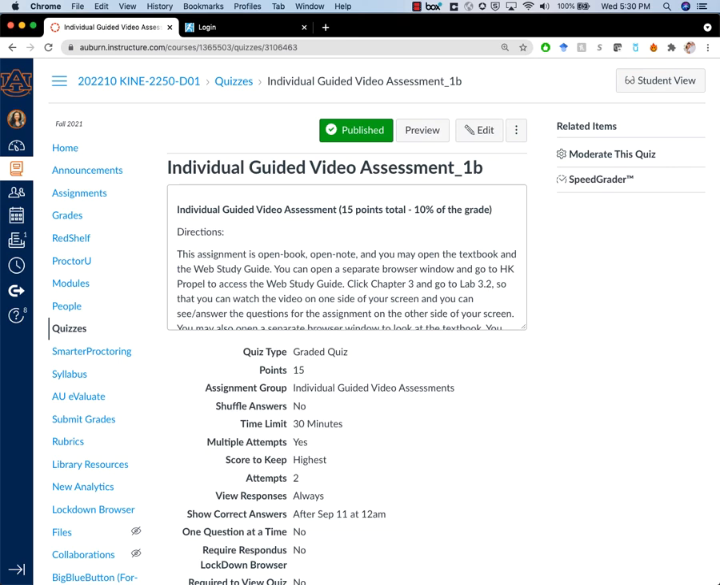Guys, I'm going to explain how to do the Individual Guided Video Assessment 1B. You can find this assignment under the Quizzes tab or the Assignments tab on Canvas. The instructions for this assignment are to open up the Web Study Guide on the HK Propel website in a